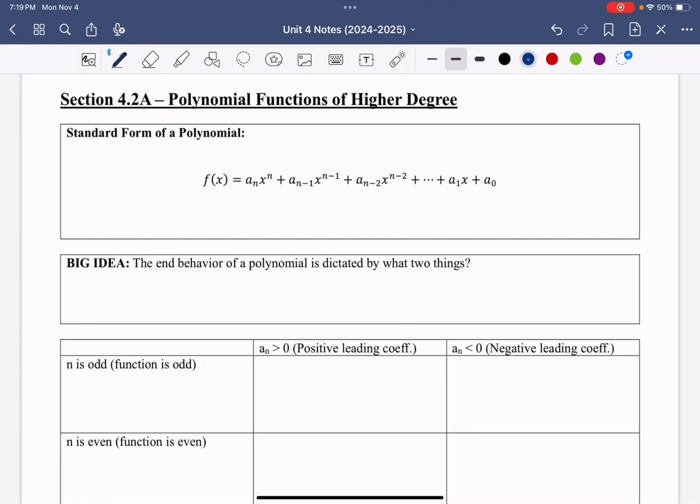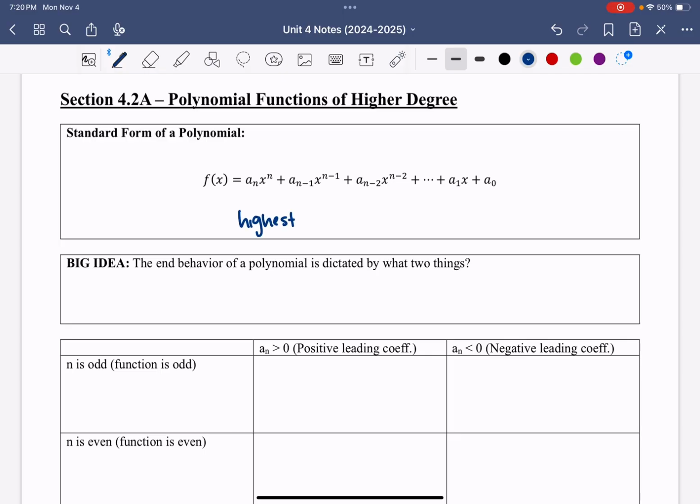Hey everyone, in this video we're going to discuss section 4.2a, which is about polynomial functions of higher degree. This video hopefully is going to remind you of some key features you learned about last year in Algebra 2 regarding polynomials, and it's going to provide us a good foundation for our work moving forward as we do more things with polynomials. So first, just as a reminder, standard form arranges our terms in order from the highest